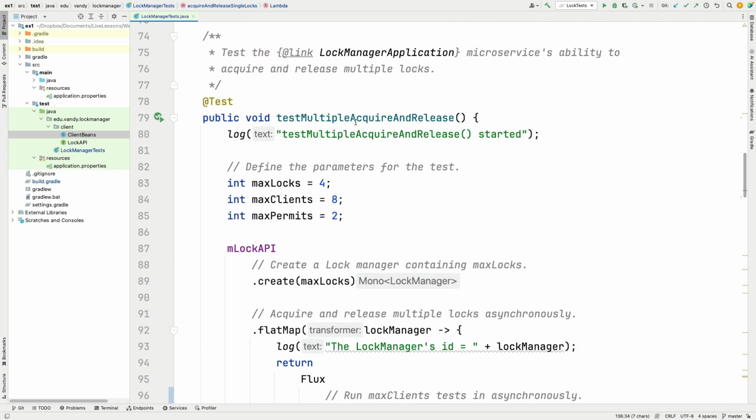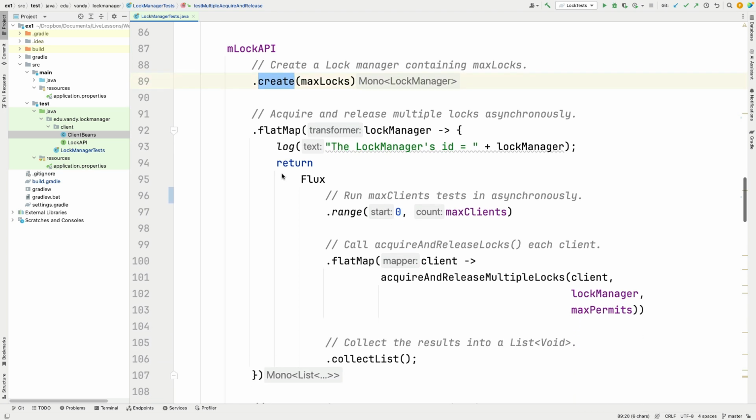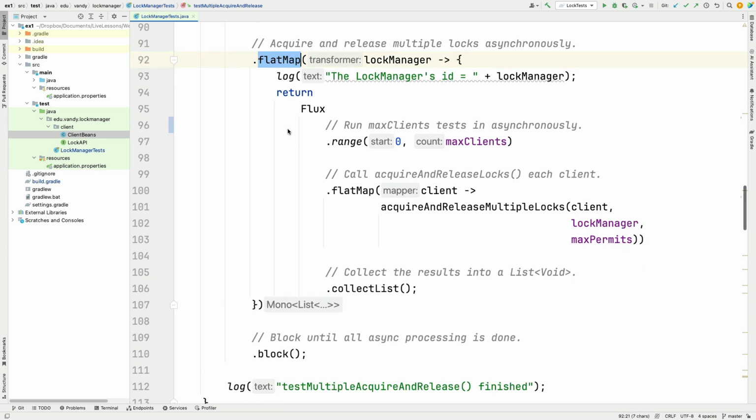So now let's go take a look at multiple acquire and releasing of locks. In this case, we have 4 locks instead of 2. We have 8 clients instead of 4, and we're going to acquire 2 permits at a time. Once again, we start out by creating ourselves a LockManager. Then we use flat map on that mono,